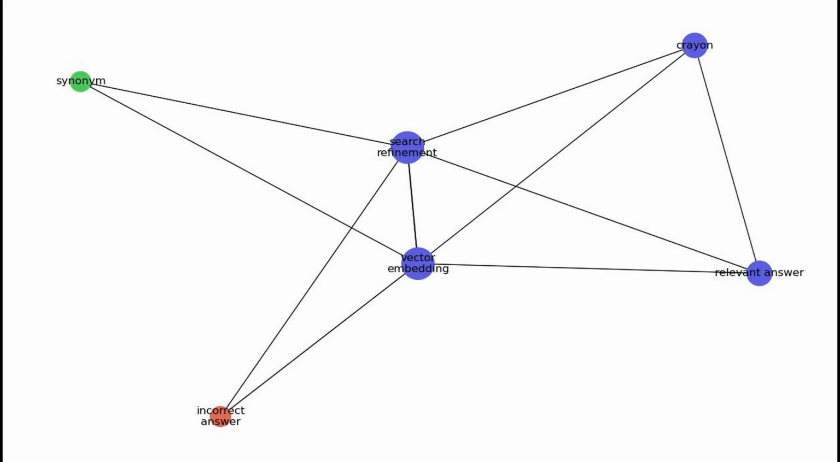Vector embeddings are like giving each word a special code that captures its meaning and how it relates to other words. Imagine if you had a giant box of crayons, where each crayon is a word. Some crayons are very similar in color, while others are different. When we need to find a crayon that matches a picture, vector embeddings help us identify which crayons